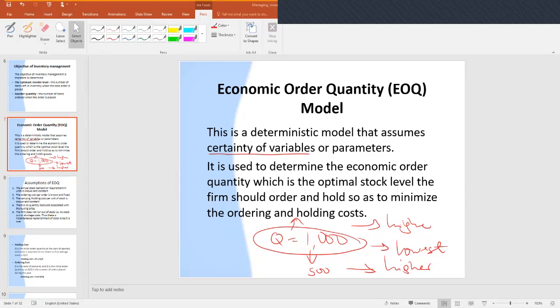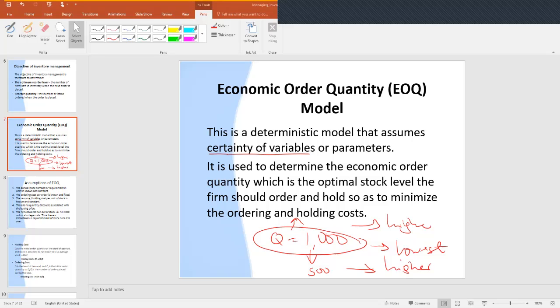Okay, so for example, the queue proposed by the model, this queue model, is that we have a queue of 1,000 as per the model. Which means if the company was to ask the supplier to supply them inventory or raw material at the queue of 1,000, that every time the supplier supplies raw material, they're going to be given, for example, 1,000 kg. If that was to happen, then the company will be able to minimize the total relevant inventory cost. In case you ask the supplier to supply you at maybe 2,000 kgs, then